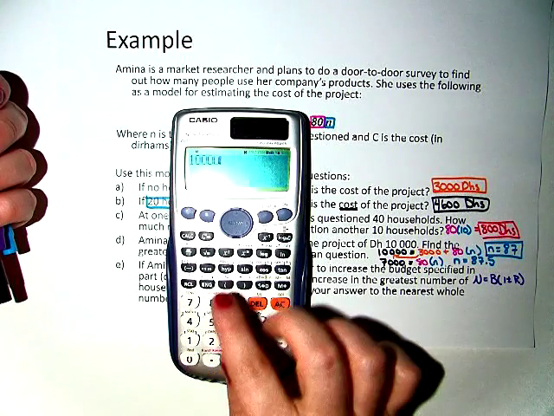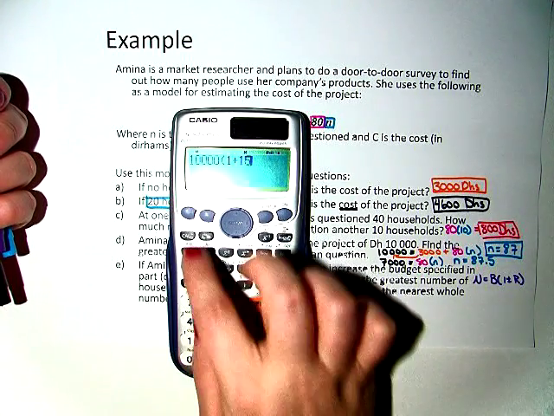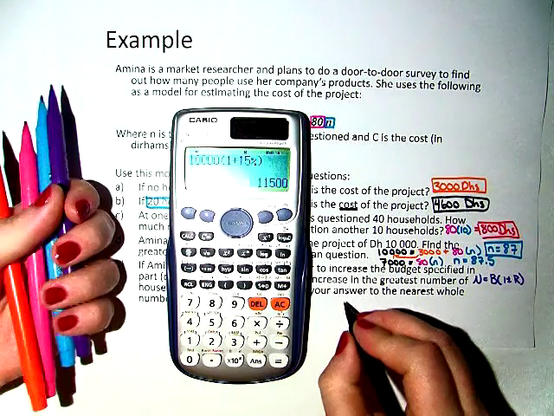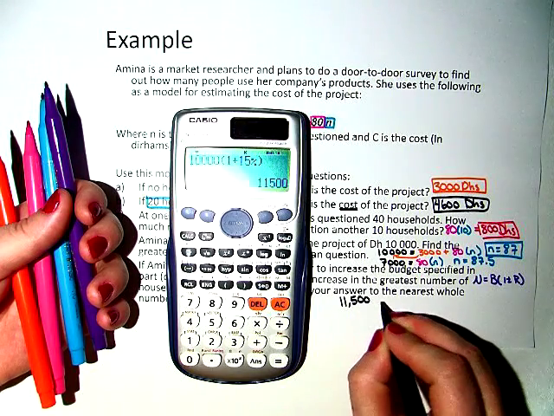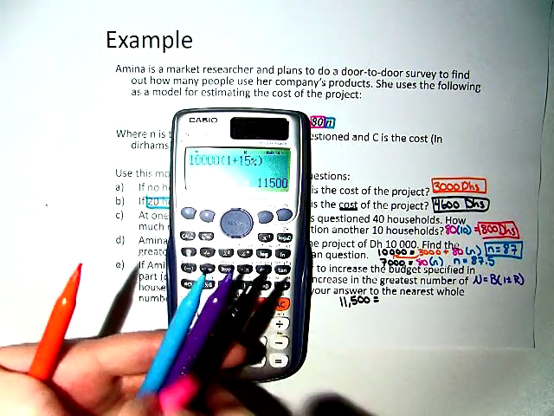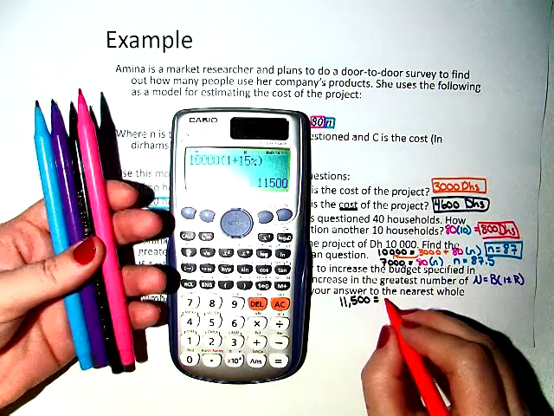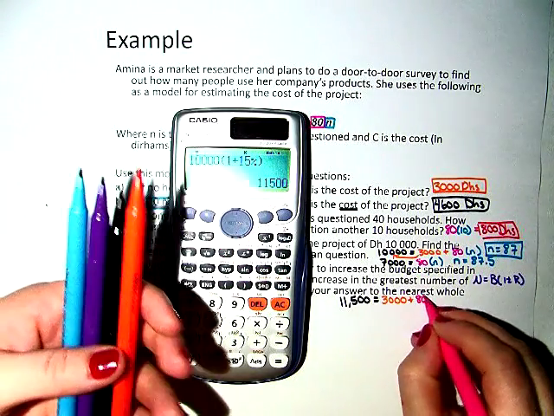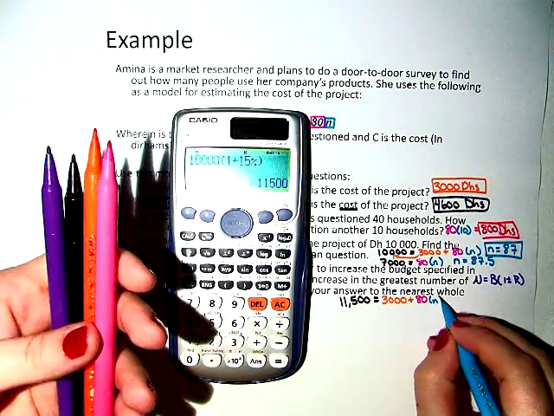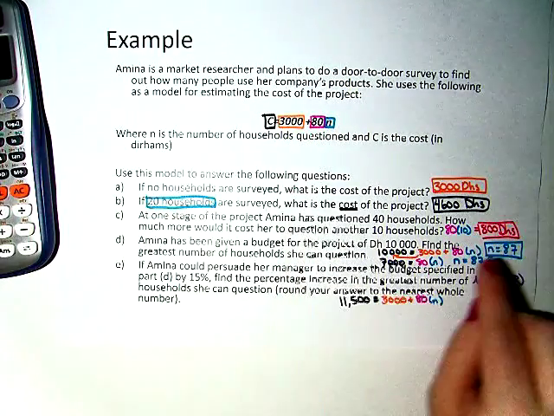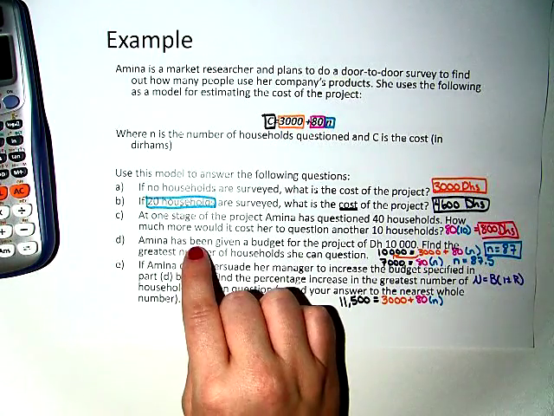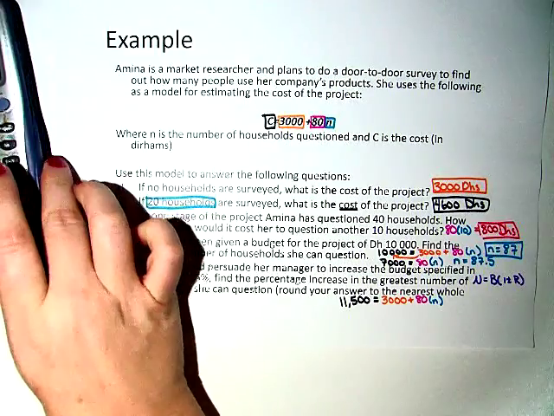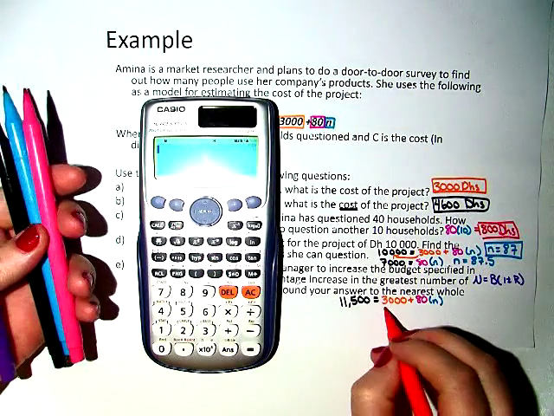10,000 times 1 plus 15%. And that means that our total cost now is 11,500 dirhams. And that still equals 3,000 plus 80 times N. Now we already know how many houses she surveys from Part D. So we need to find how many houses she can survey for Part E. Okay, so we'll start by moving the 3,000